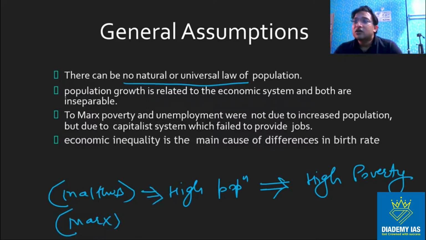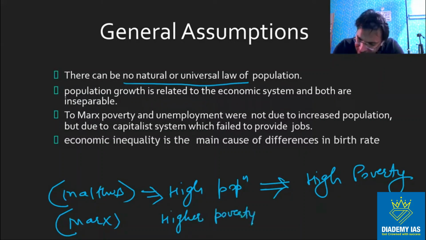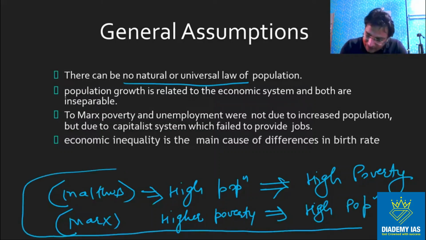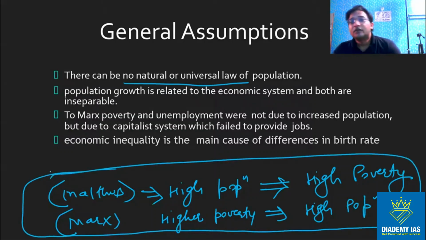It is actually hiding the fact that it is the high poverty and inequality among the worker classes, which is leading them to produce more people, more children, leading to the high population, right? So this question was already asked in the mains examination GS paper 1, that whether high population